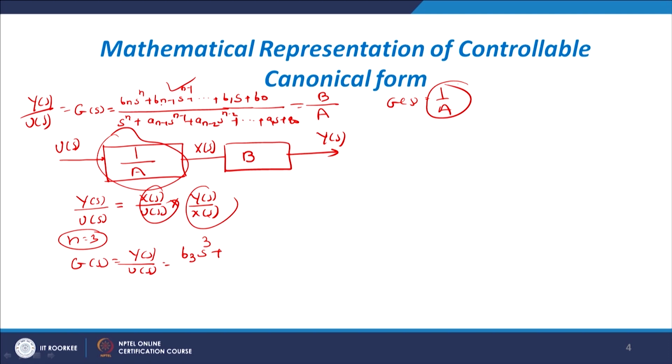Then n minus 1, that is 3 minus 1, b2 s square, b1 s plus b0, this is the numerator, and your denominator is s cube plus n minus 1, 2, so a2 s square plus a1 s plus a0. This is your transfer function, and now here we write this is b and this is a,